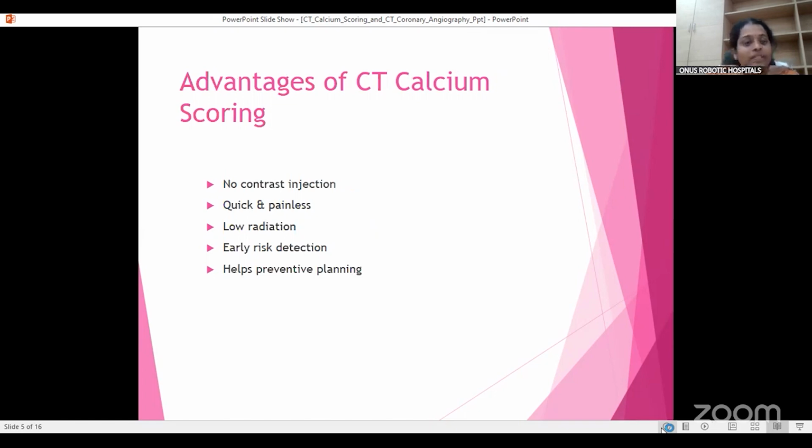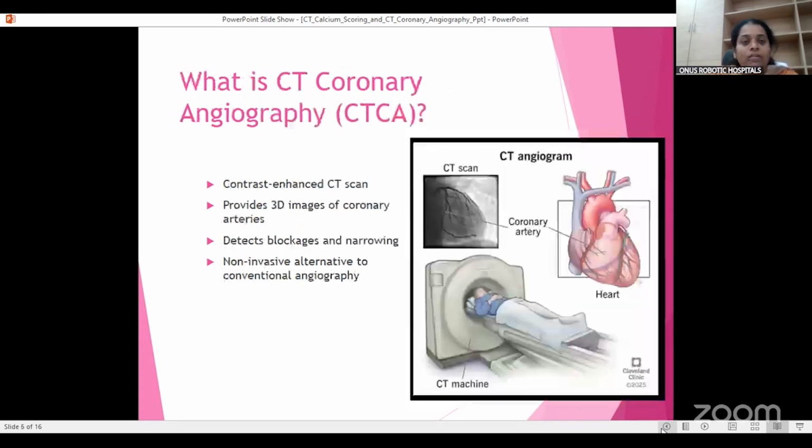The benefits of the CT calcium score are that there is no contrast injection. It's quick and painless. It has low radiation exposure, early risk stratification, and it's useful for preventive planning. Coming to the CT coronary angiogram, it has slightly more radiation compared to calcium scoring. So when we do the CT calcium scoring and the score is above 100, we